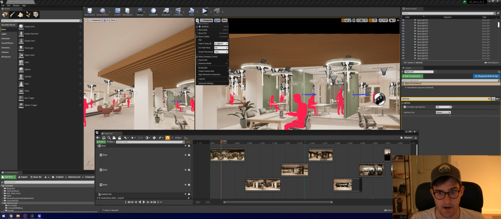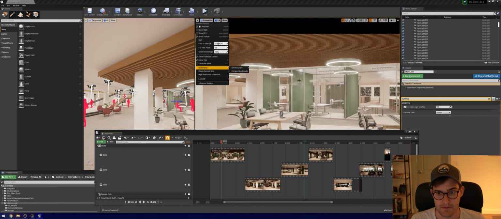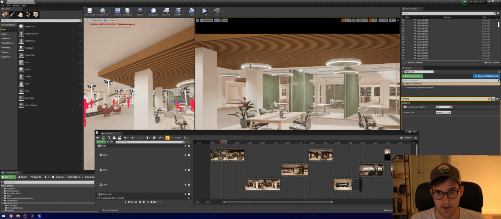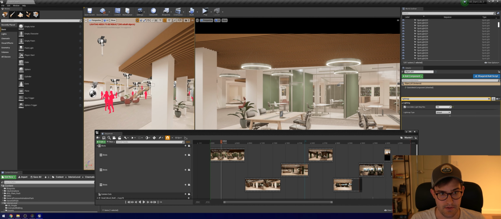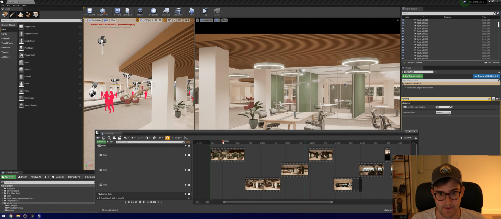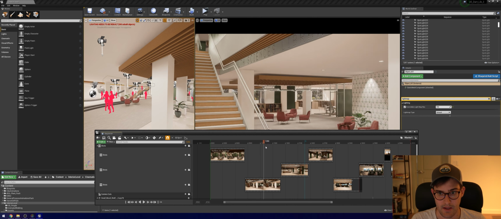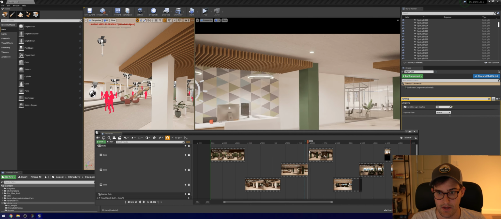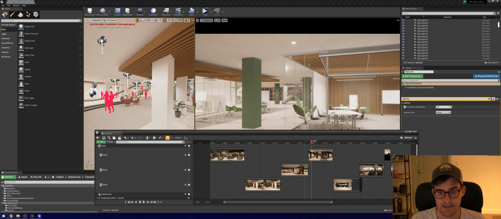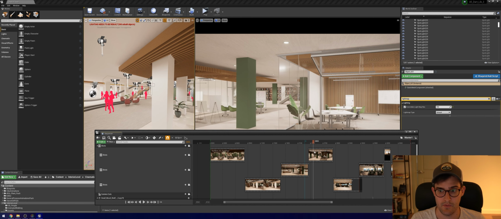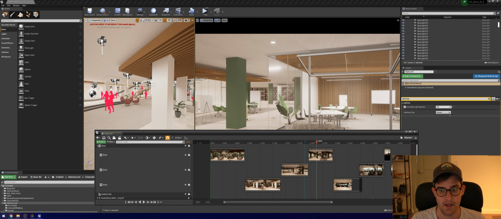Now I want to turn on game mode so I don't see any of the excess details like where the lights are placed and all of that. And you can see here when I start to fast forward through my scene, it follows my camera cuts, and it isn't an accurate representation of what it's going to export as,